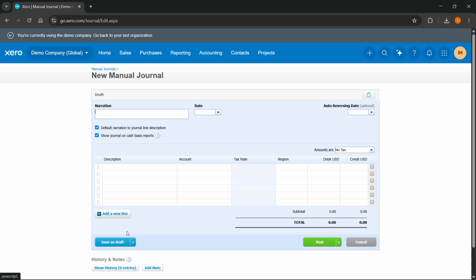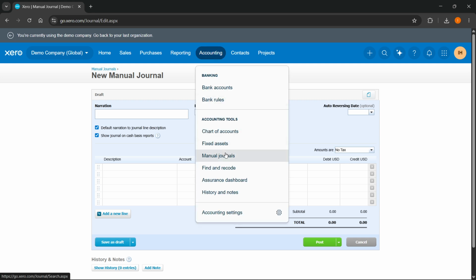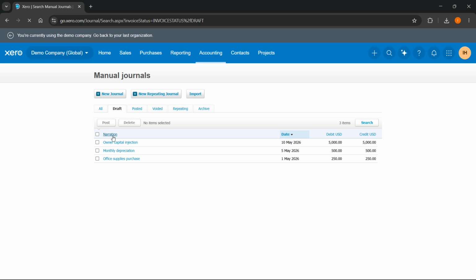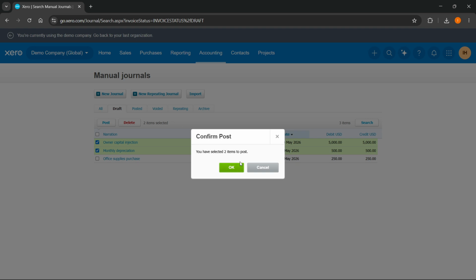However, if you have any drafts, so if you've saved them as draft, you want to go to accounting, then you want to go to manual journals. In here, you want to go to draft, and then here you can of course find your drafts. You can fix them in case they are missing some info, then click on a check mark next to them. So the ones that you want to post, click on post, and you have to confirm it with this OK